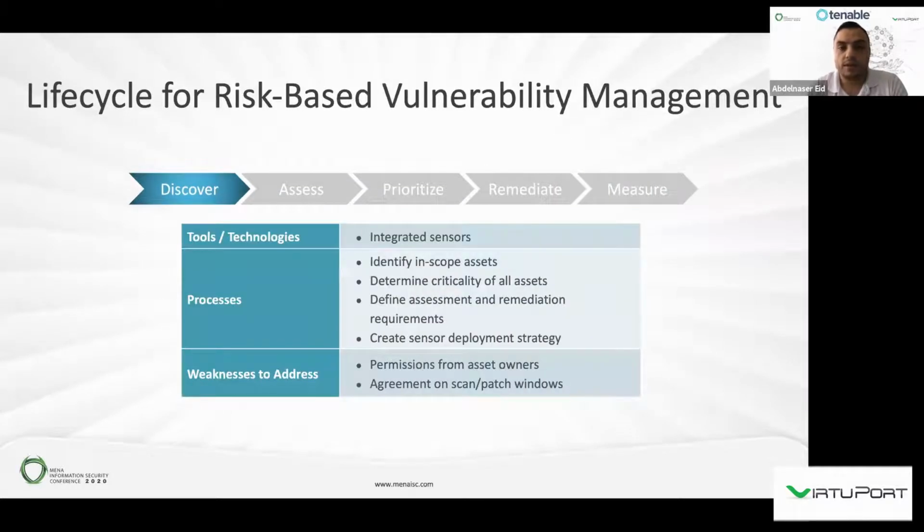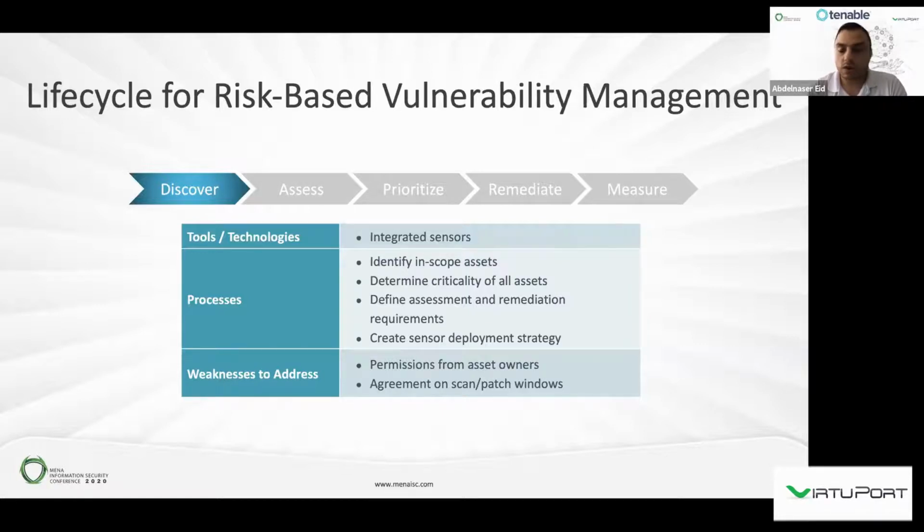So, discovery is very basic in cybersecurity hygiene. We all know that if we don't know about a certain asset, or a certain service existing in our environment, we will not be able to protect it. So it's a very obvious stage where we need to maximize our visibility into our assets, our services, and the weaknesses associated with those. This is the first step, to do a proper discovery.